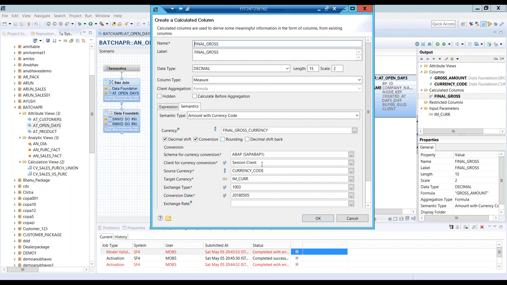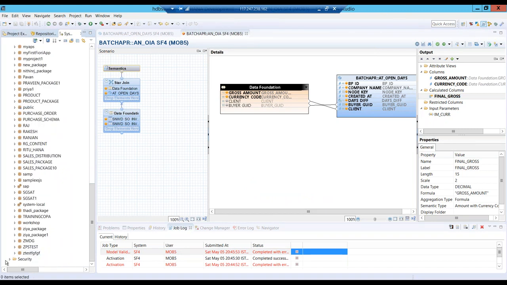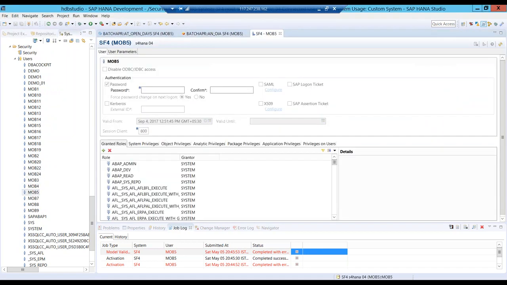Is there any problem here with this session client? No. Let me check, guys, if the client is set for the user. So I go to the security tab in HANA and check for my user mob5 if the client value is set. Yeah, it's set to 800. That's correct. So some of you may face an issue with client. Okay,